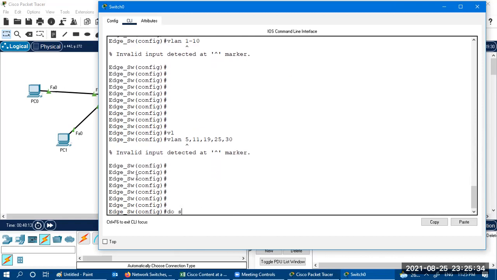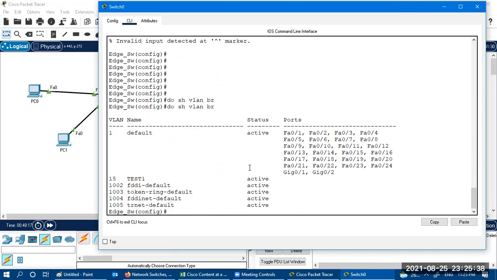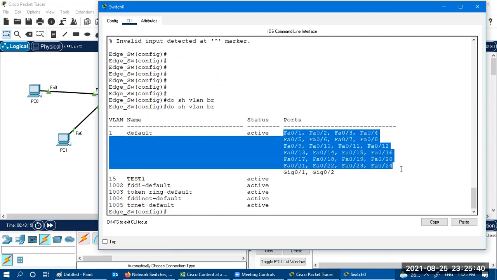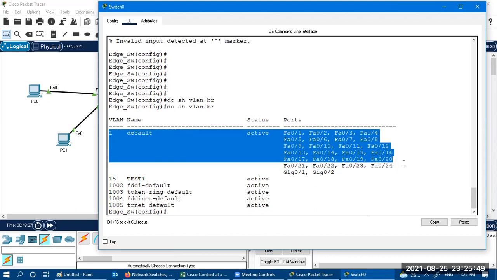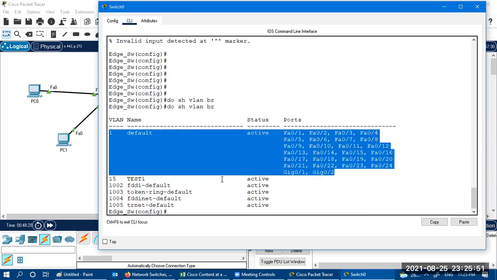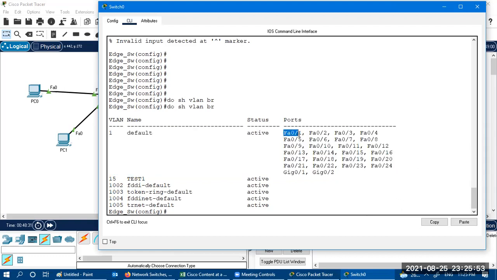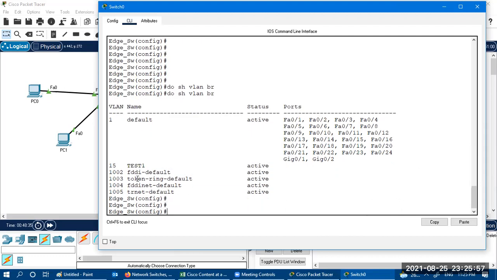Now, do show VLAN brief. You can see over here that all ports, as this switch has 24 ports and 2 gigabit ports, belong to VLAN 1. My requirement is I want to allocate F0/1 to VLAN number 15.